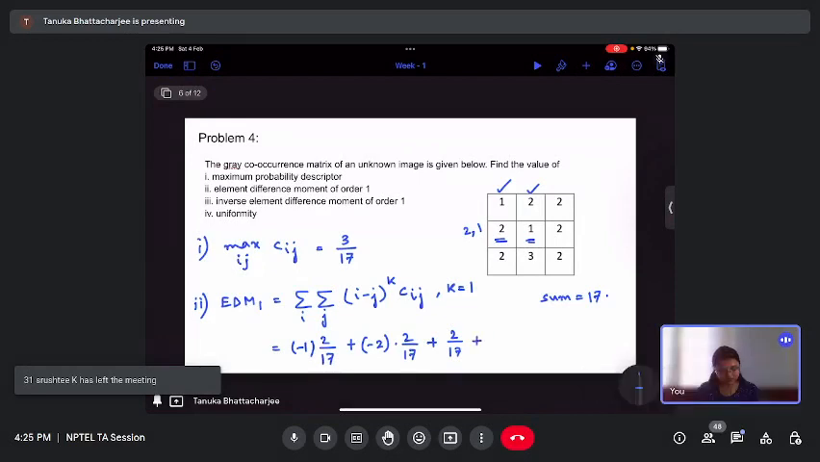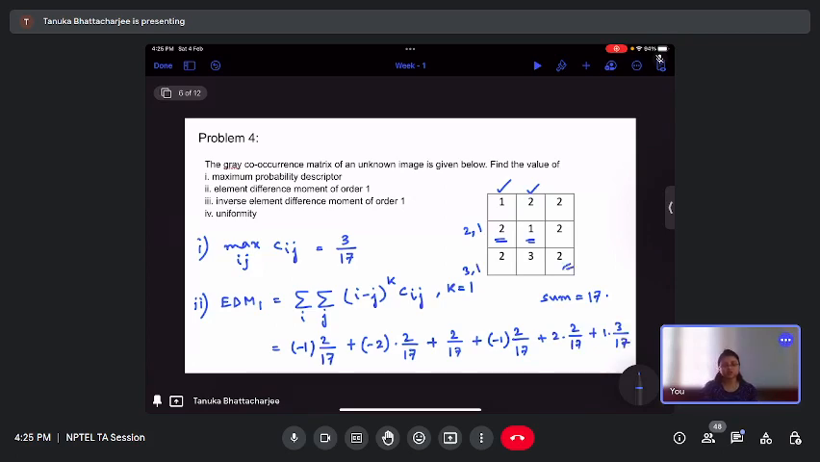The next one will be minus 1 into 2 by 17. Similarly, yeah, this one is the difference, this is third row first column. So, the difference is 2 into 2 by 17 plus 1 into 3 by 17. Again the last element has no contribution. You can simply sum this up to get the final value,